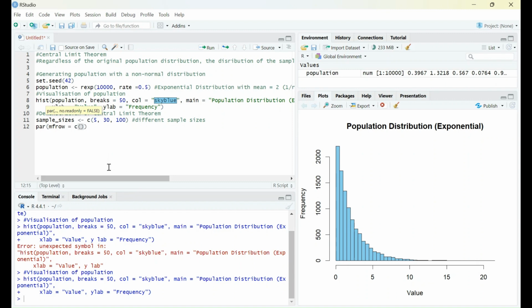This creates a plot grid of 2 by 2. For size in sample sizes,